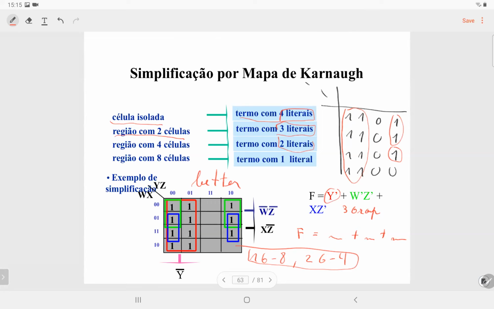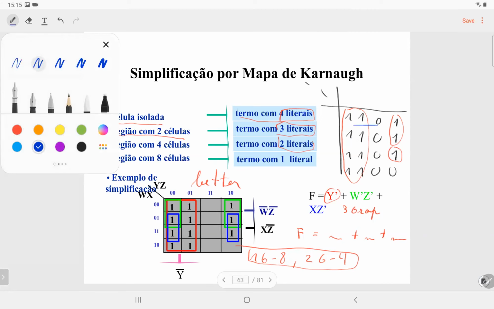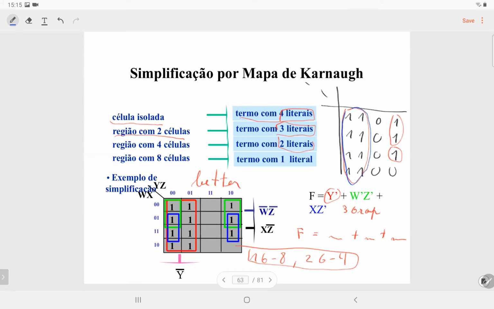And suppose that I have the groups that I draw here. So I have this big group, which I will call blue. Again, don't forget, the groups that I found here are not the best groups. So this is not a good solution, but it is good for us to practice how to derive the function based on these groups. Of course, we would have to select better groups, not these ones, but just for the sake of practicing how to get to the function after selecting the groups, we have the blue group, which is actually a bad example because,